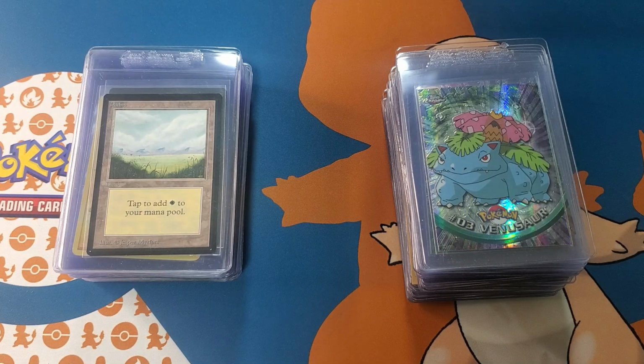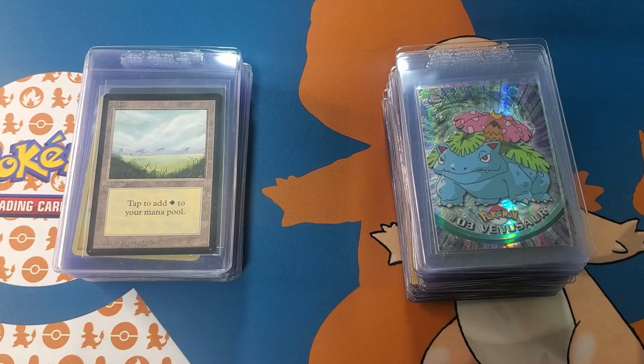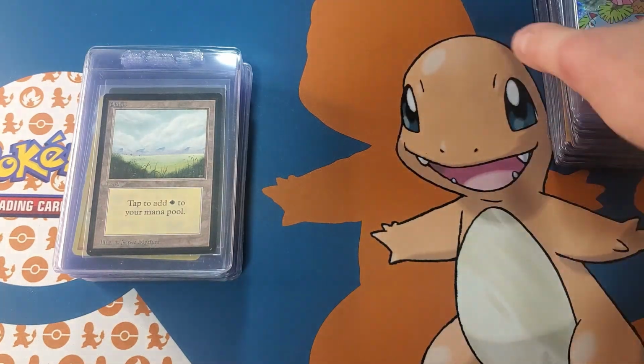Two piles you're looking at, 50 cards each. The left pile I'm submitting to CGC through a middleman. I use Polaris Grading, as I mentioned before when we had Peter on the podcast. And on the right side, these are the ones that I submitted directly. So I'm going to show you the cards, and I'm going to talk a little bit about